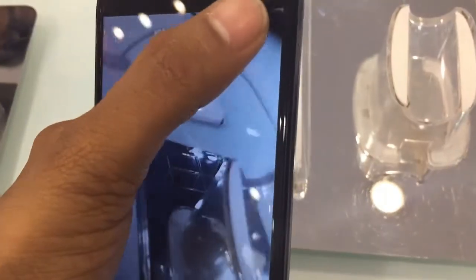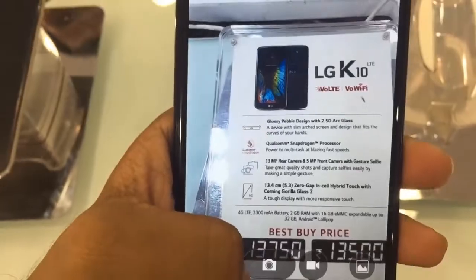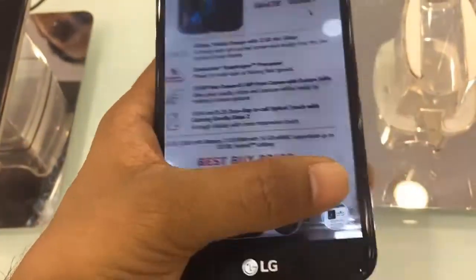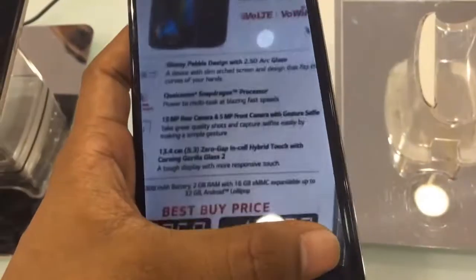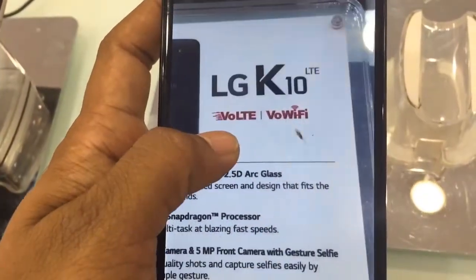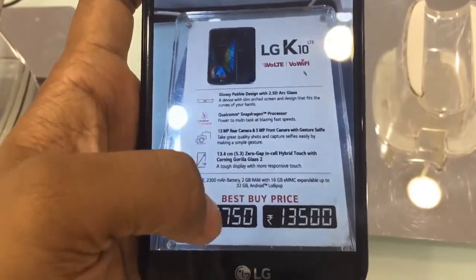I'm just opening the camera. I'll just take a pic. Yeah, just wait. Yeah, it's okay. Now it's in focus. Okay, yes, I click this. It's a Gorilla Glass function. We don't have any scratches. It's Gorilla Glass. I'll just take this picture.